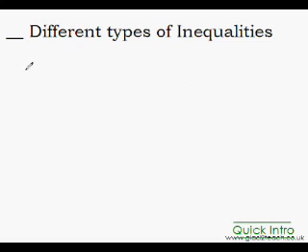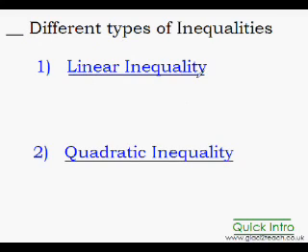So can you tell me now what would be the different types of inequalities? One is the linear inequality and the other one is the quadratic inequality. As you must have already guessed, the inequality that is created from the linear equation would be the linear inequality, isn't it? The first example that I gave you, 2x plus 3 greater than or less than whatever equal to 5. Since here the power of x is 1, there is an invisible 1. So this is a linear equation. So obviously the inequality that would be created would be a linear inequality.